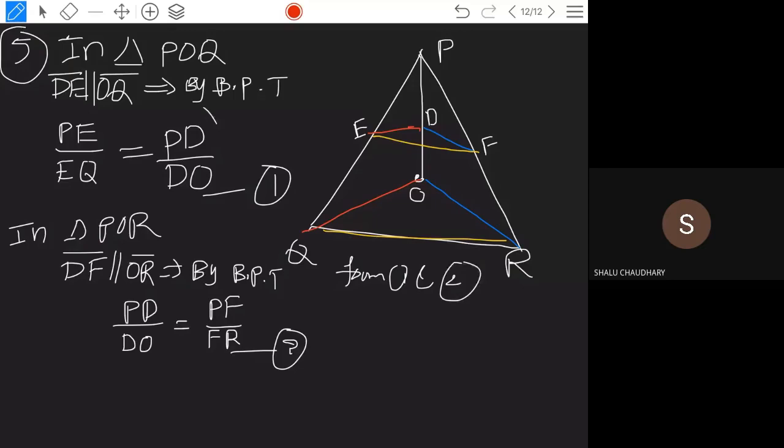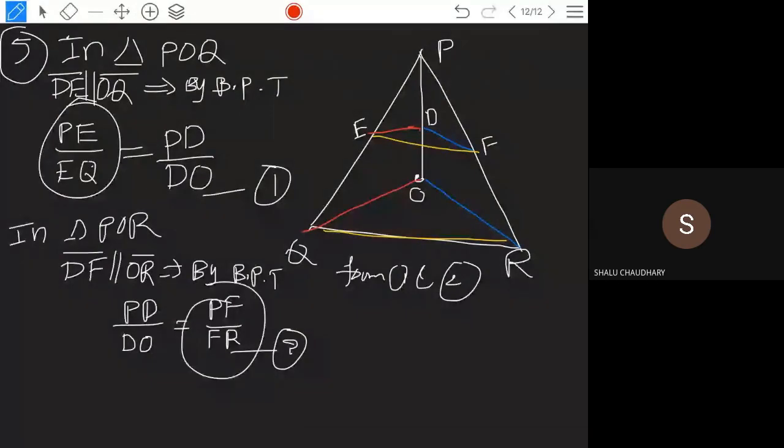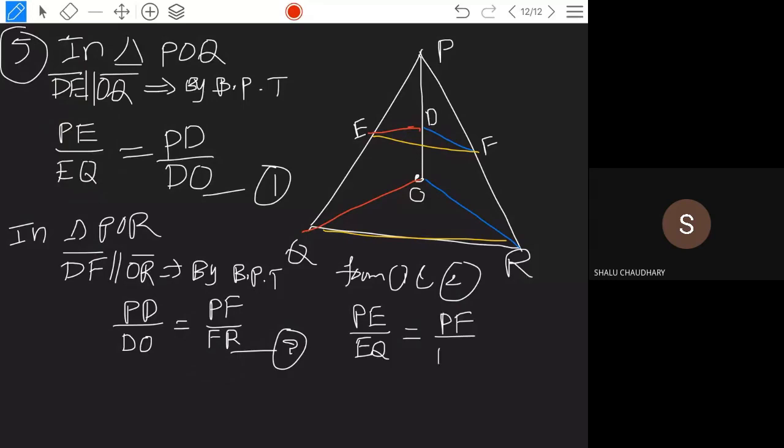So this is equal to this one, isn't it? Because this one is equal to this, and these both are the same. So from these two, we are going to get PE by EQ is equal to PF by FR. Now PE by EQ and PF by FR are equal, you are saying. So therefore, by the converse of basic proportionality theorem, by the converse of BPT,